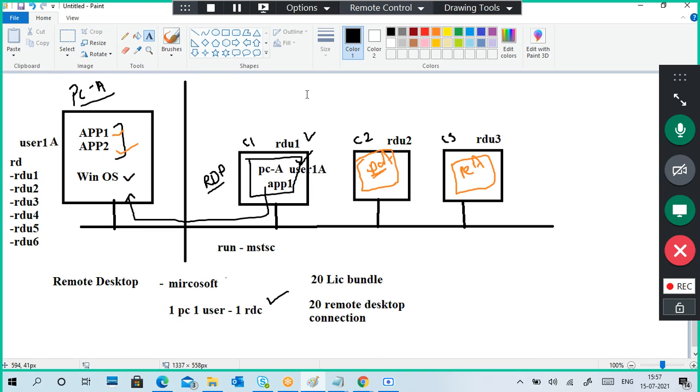If you want more connections, you require a license from Microsoft. Then you can add that many users to your PC as remote desktop users. From your normal desktops, we can connect to the PCA with a username as given in the remote desktop user list, and we can access and run it. Understand the point, guys? How to give multiple users access to a single PC using the remote desktop protocol.